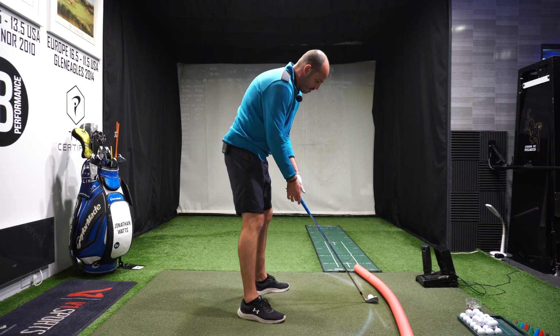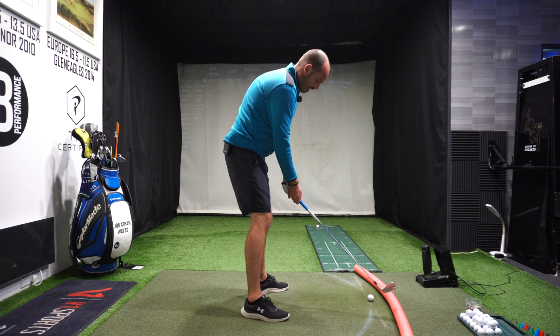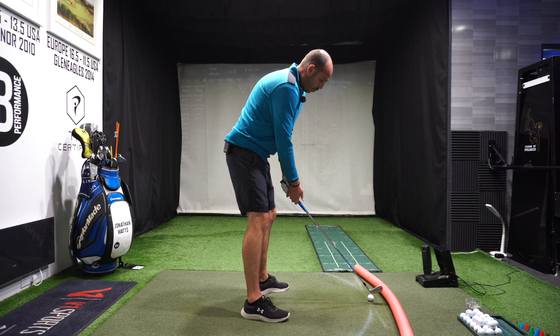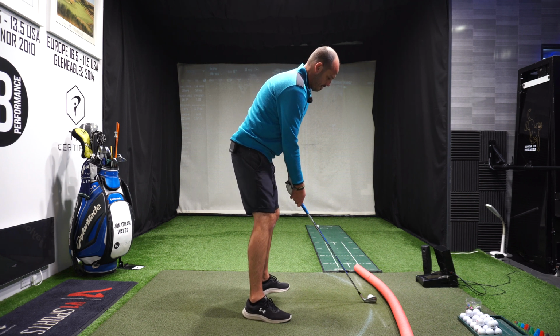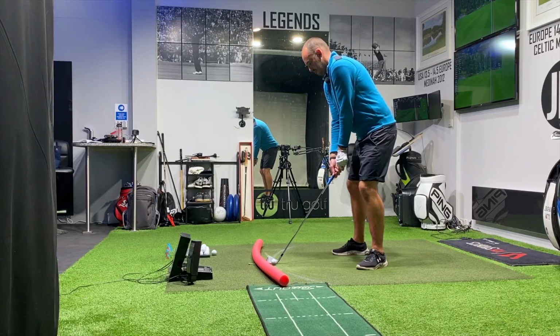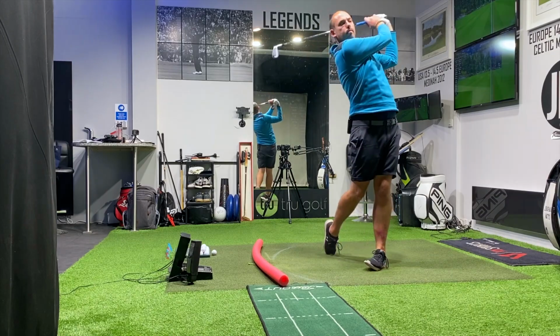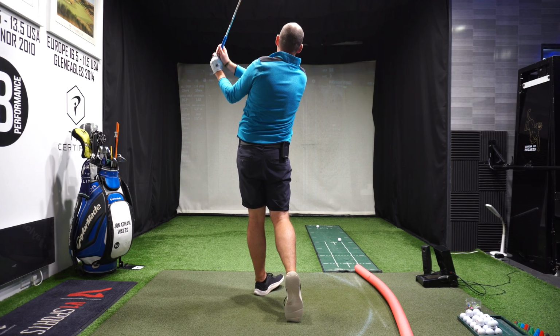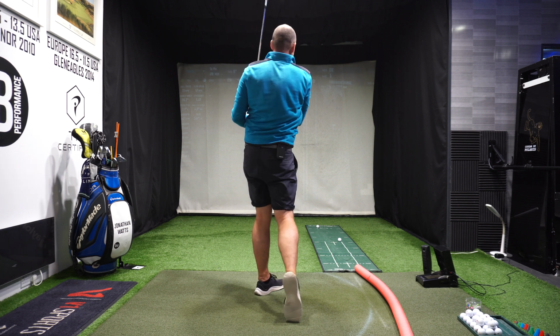So we won't be able to pick up the ball flight here, as it's blocking my launch monitor. But my aim is, can I hit the ball and miss the pool noodle? I'm going to do it into a full swing. And really got that sense, I'm looking for the ball flight, really get that sensation that my exit point is